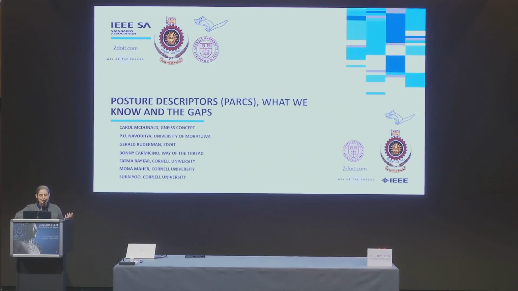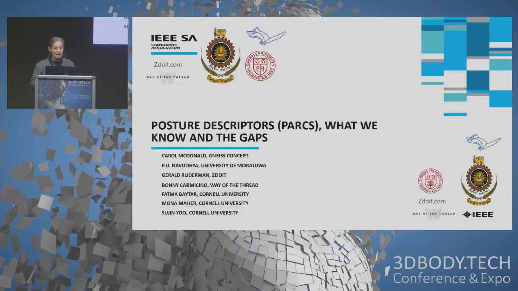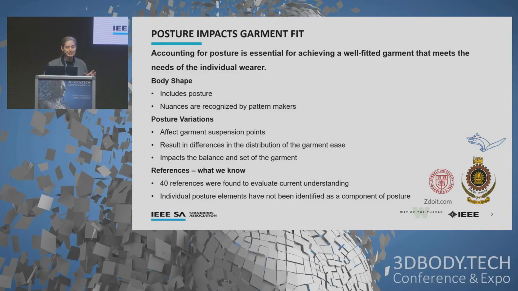Posture descriptors, what we know and the gaps in the research. So accounting for posture is essential in a well-fitted garment that meets the needs of the individual wearer. These nuances are recognized by pattern makers. Posture variations affect the suspension points of the garment. Your garments hang on your body from your shoulders, from your waist. And so it's very important that all of this information gets brought in appropriately to get a garment that actually